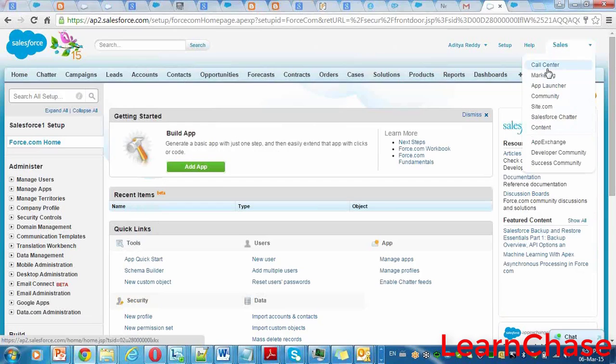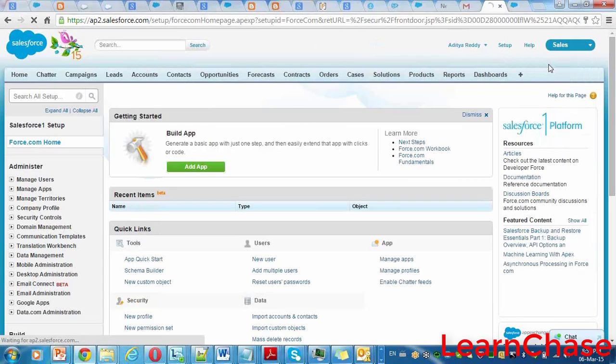With the Salesforce environment, we also get this CRM application. Sales, call center, and marketing are the applications that belong to Salesforce CRM. Whichever you want to switch to, you can select there and switch to that application.